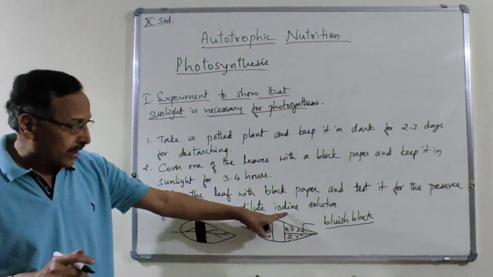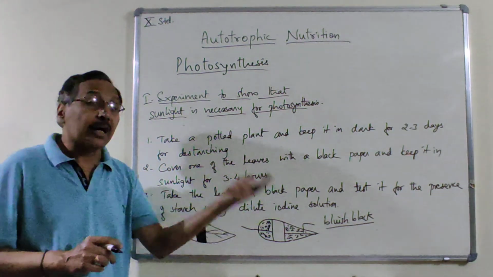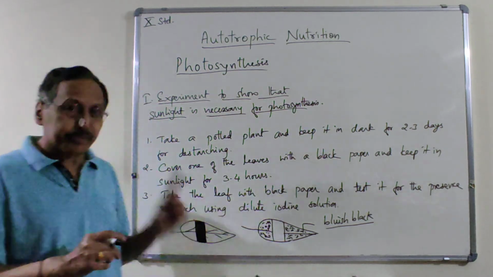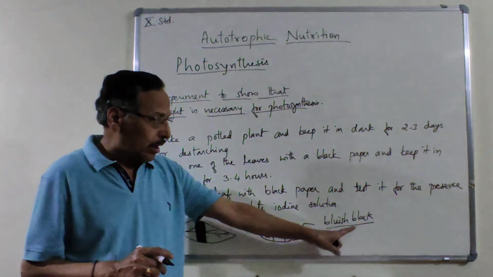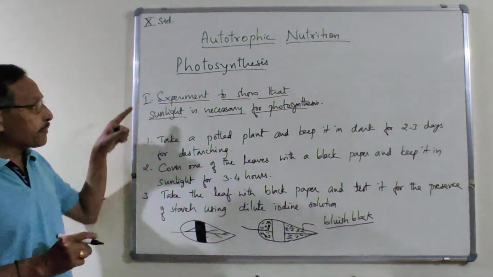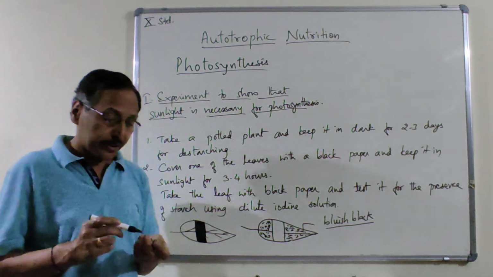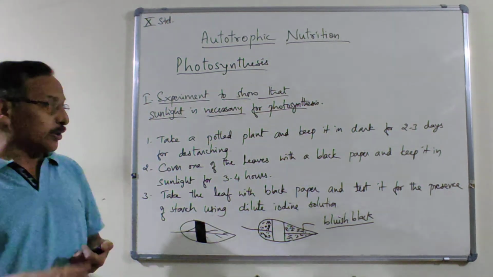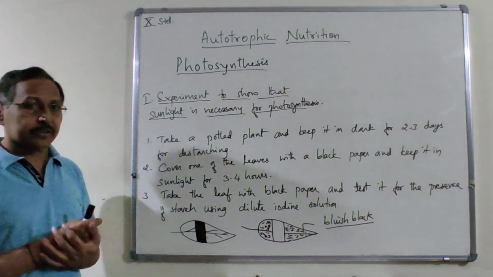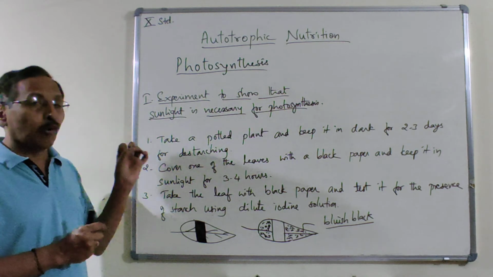Here we are using iodine as an indicator. It gives a color change when starch is prepared. If starch is present, it gives a bluish black coloration. So this simple experiment shows that sunlight is necessary for photosynthesis. Okay, in my next video, I will show you how to do the experiment to show the importance of chlorophyll